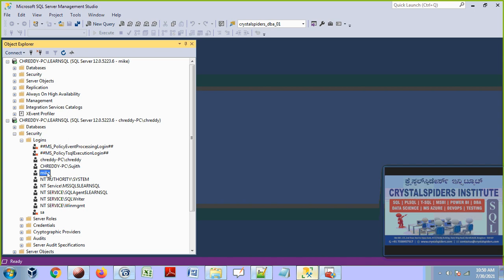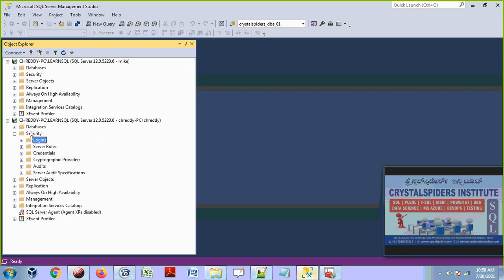We can't add these SQL logins like 'mic' to the groups, because those groups are there at the domain level, and these logins are there at the SQL Server level. So 'mic' and the like do not work with the groups. We'll discuss that in detail at the time of cluster setup. At the time of the SQL cluster and Windows cluster setup, I will show you how to create the groups, how to create some domain users, and how to create one group and use that group. We will grant access to that group everywhere, so that whoever the users are in that group, they are all able to connect and access the SQL Server. That's what we can see in later sessions.